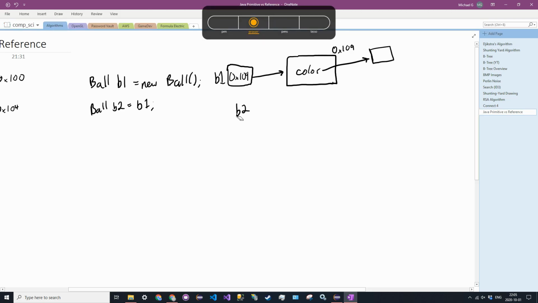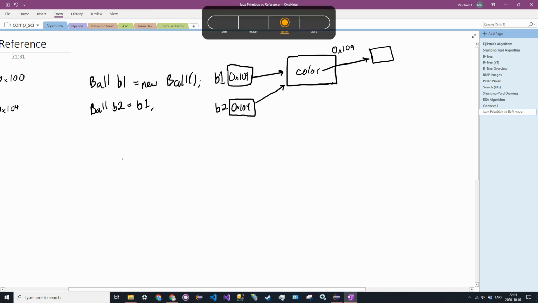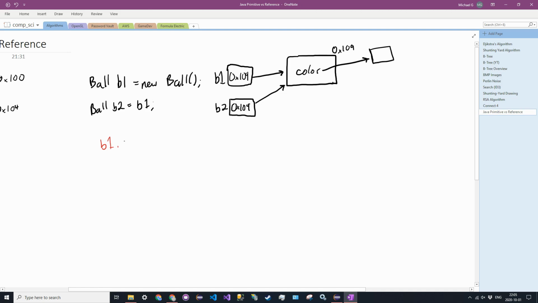Now when we initialize b2, we are still copying something over, except we're copying over an address value. So b2 now has 0x109 as well, so therefore it points to the same object. They both point to the same object. So when I say b1.color is equal to blue,